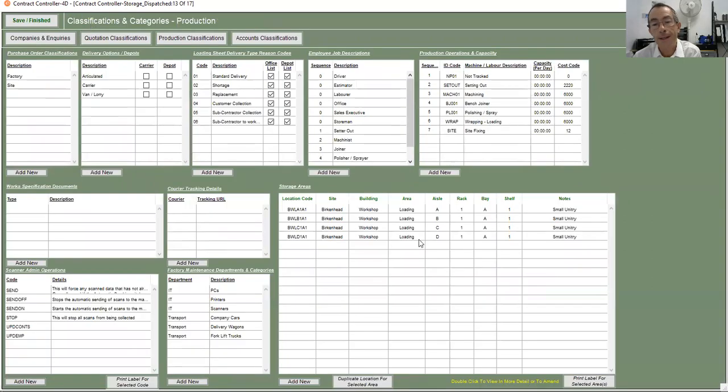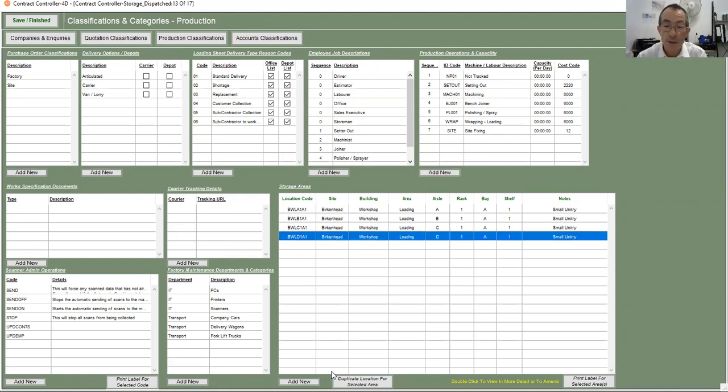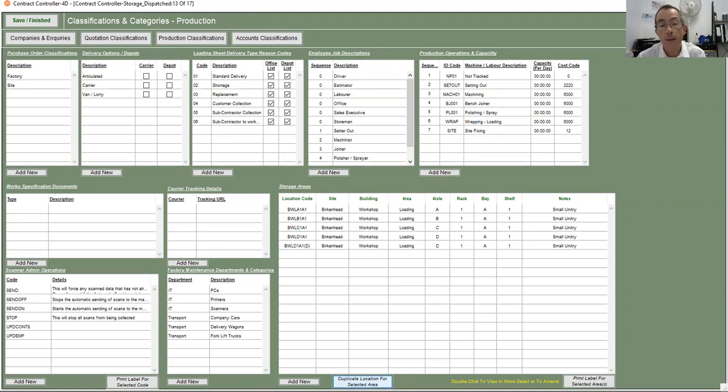Now this can get a little tedious if you've got a lot to do, and also can get a bit confusing, because chances are your site, building and area are probably going to be the same all the time, and it's only the aisle and the rack that are changing. So to make life a little easier, you can click on one of them and say duplicate location for selected area. So if I click on that, it then creates an exact copy of that, with the exception it has to put a D for duplicate at the end of the location code, because the location code has to be